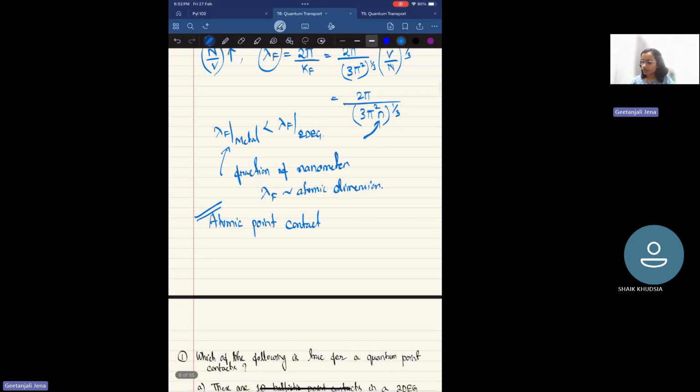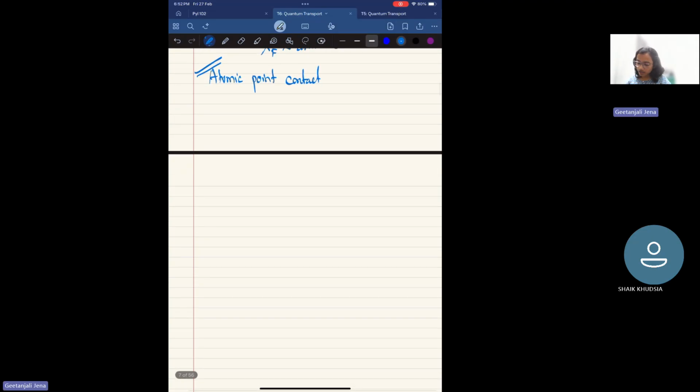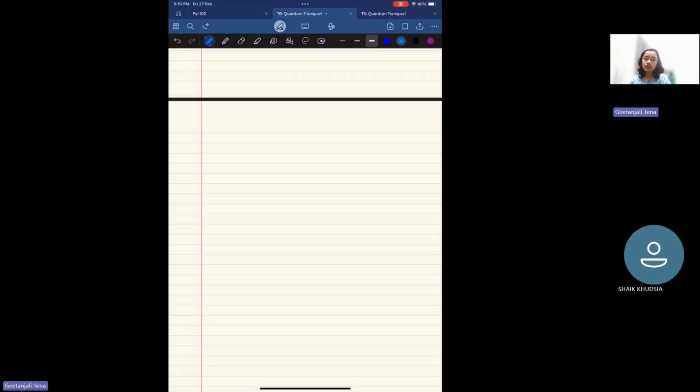Okay, so let us move to our next part. In the second lecture, we calculated the current, saw the regimes where it satisfies Ohm's law, and how to calculate the power dissipation. So let us see the first case, that is how we can calculate the current from the transmission.